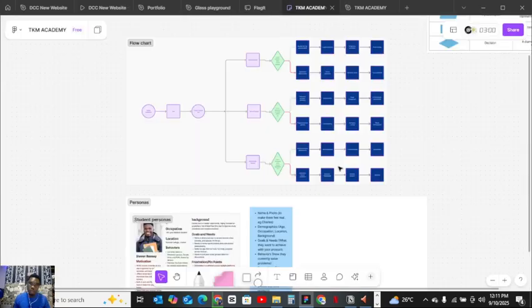This is what the design is all about. And also FigJam, where you can do your workflow and all these things, user flow, user personas. You can be structuring here, and a couple of things you're going to learn. So I'm just going to push it through.